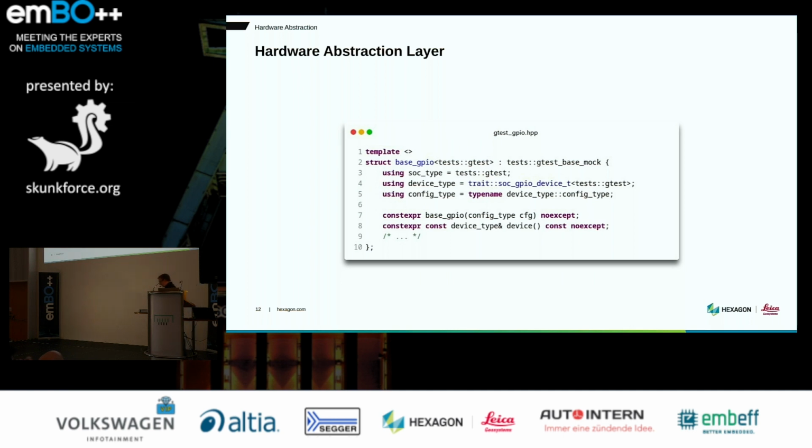I now can easily make template specialization. With template specialization, I can say my tag type is, for example, I'm now a G-test. Then I can change the whole behavior of my template code. And with this behavior change, I can define different configuration data. This means I can inject data from the outside into my object, can store them as pointer, reference, or whatever I like. And also I can use inheritance to extend the functionality, and I can completely change the behavior of